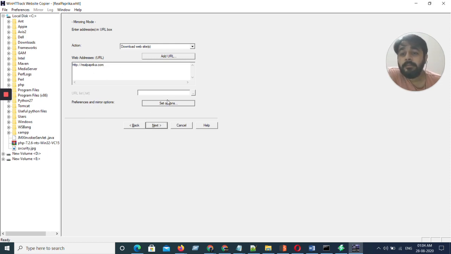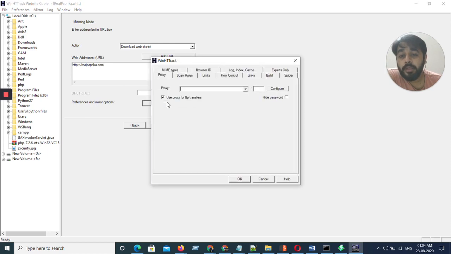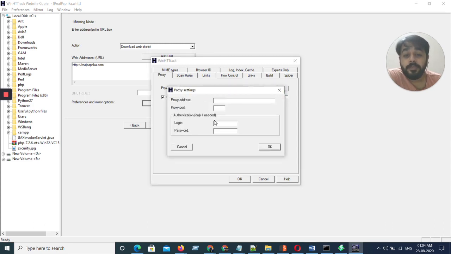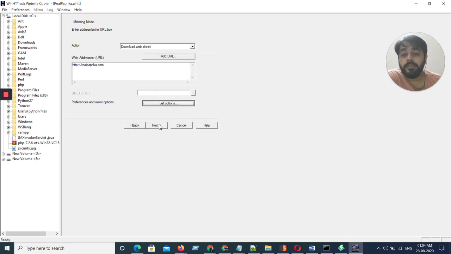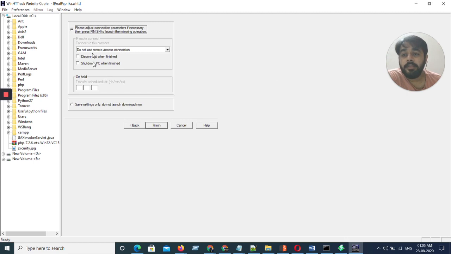Then you can set a few options if you want. Like if you are using a proxy server, then you can mention the proxy IP address and the port number over here. You may configure it further. If the proxy needs you to log in, you can enter the login username and password over here. I'm simply going to cancel. We are simply going next, and then they have a few options: disconnect when finished, shut